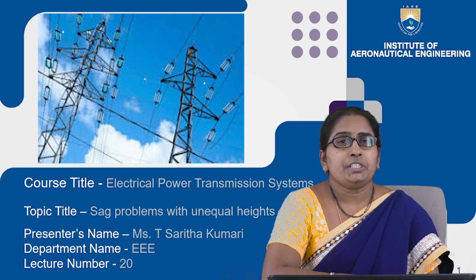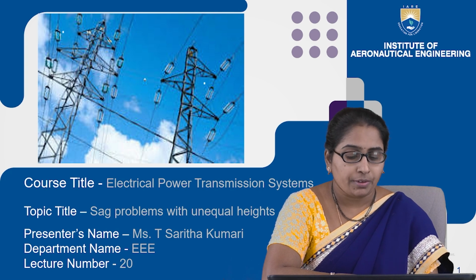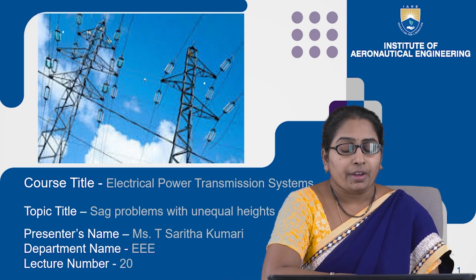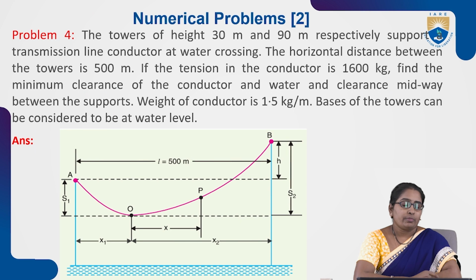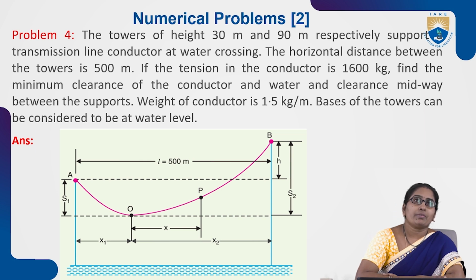Afternoon. Today the topic is sag problems with towers at unequal heights. Problems on sag with towers at unequal heights. So, the map to course outcome 2. So the problem: towers of heights 30 meters and 90 meters respectively support a transmission line conductor at a river at water